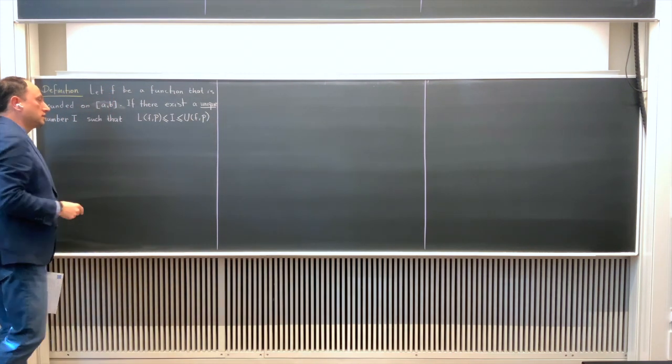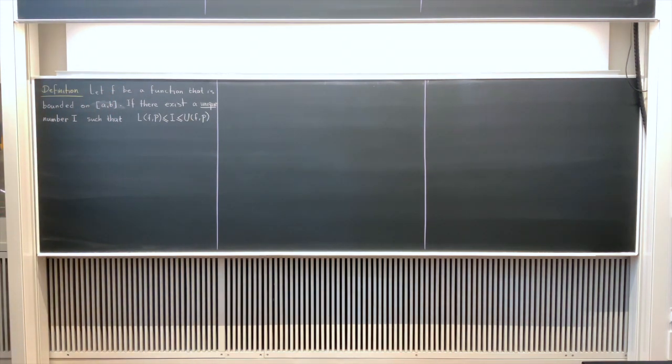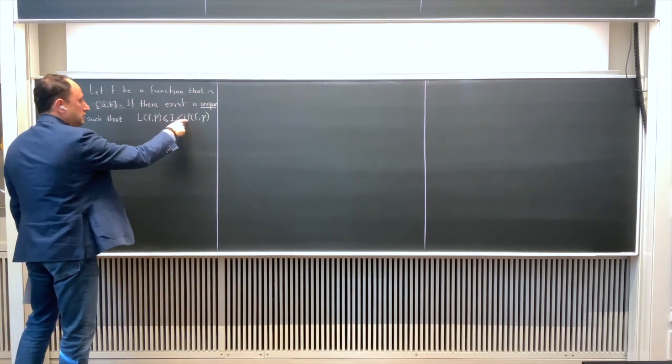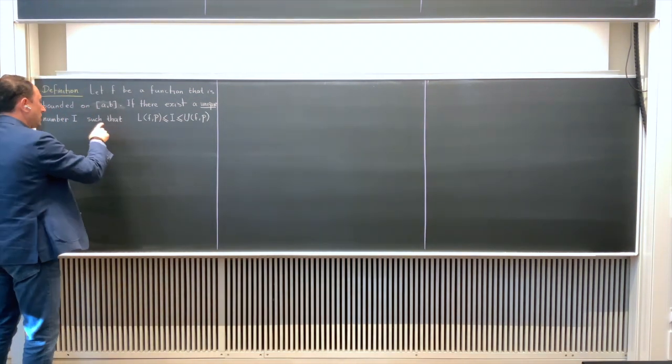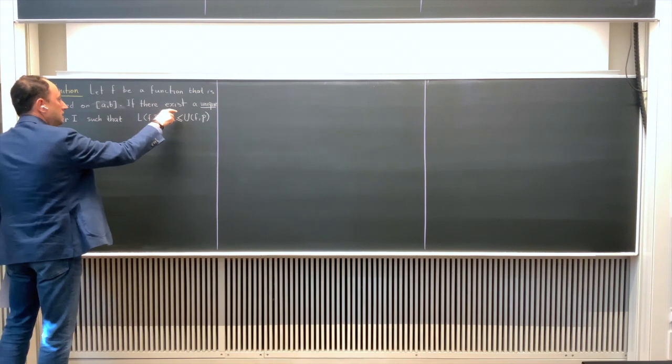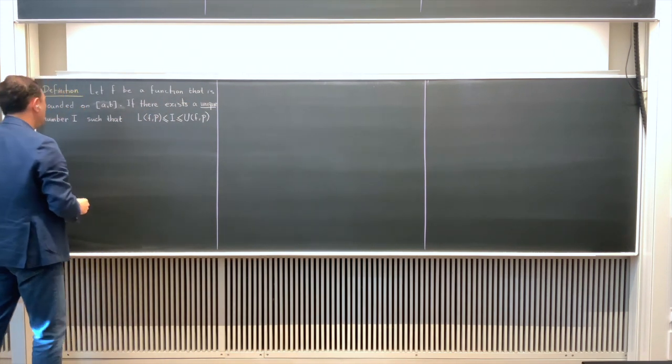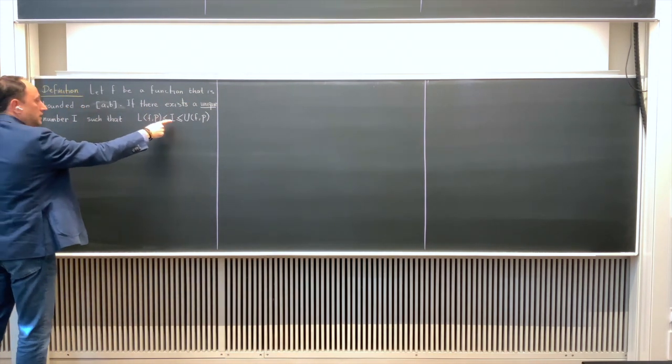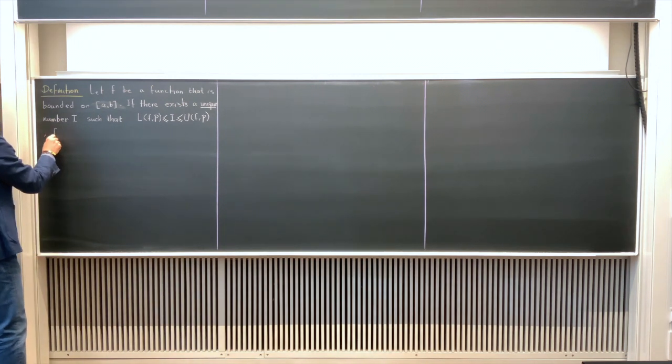You remember this is the notation that I use for the lower sum, and this is the notation that I use for the upper sum. So I'm saying that if there exists a unique number I such that this happens, but for every